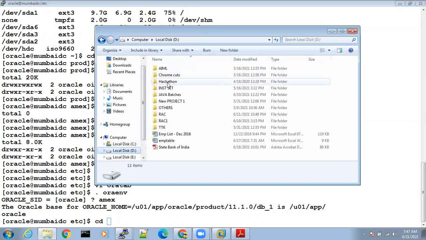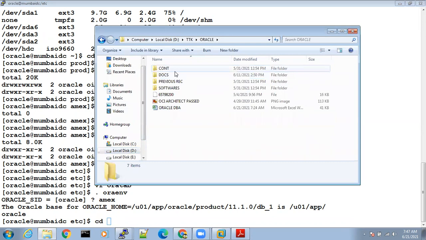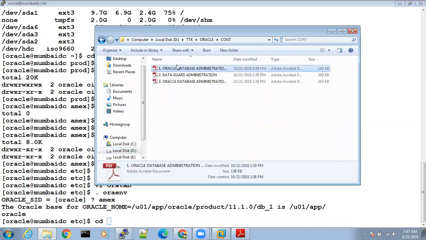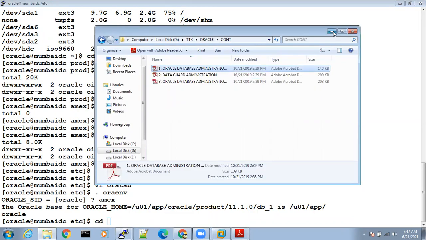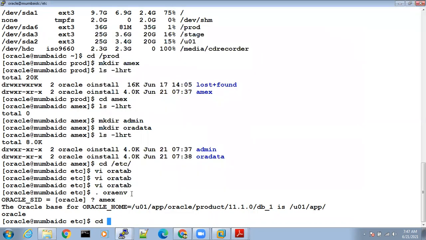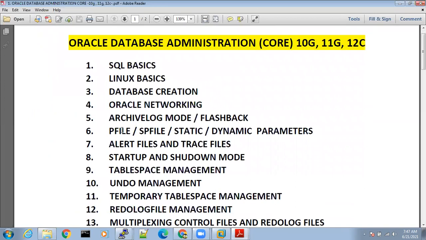You just focus on the database creation part. You don't have to focus on what is this pfile, parameter file, and everything. There is a class for each and every topic. There is something called pfile, spfile, static and dynamic parameters, and everything. There is a separate class, a separate session, for each and everything.